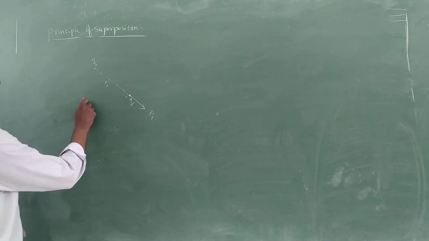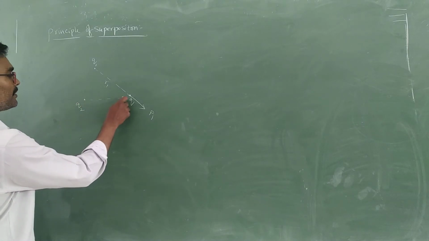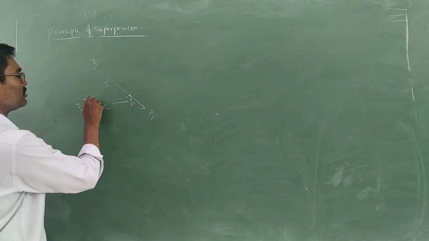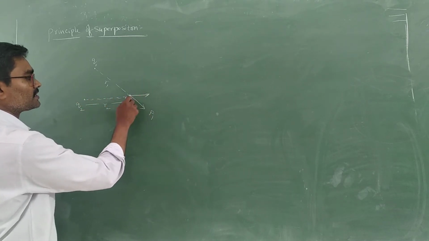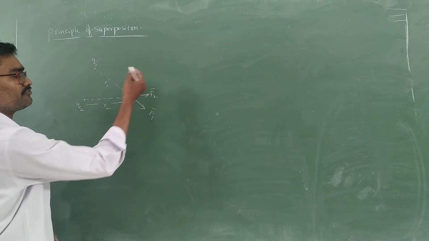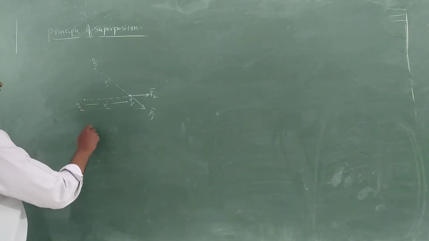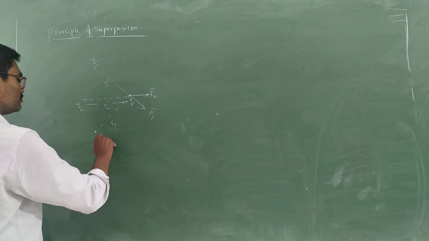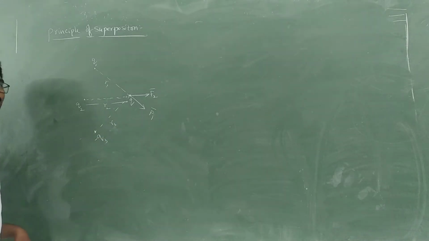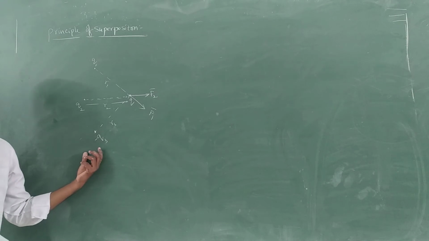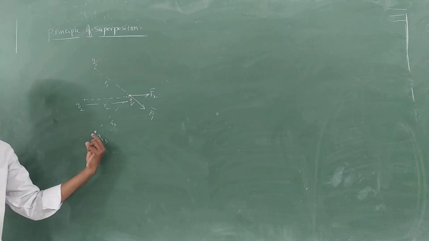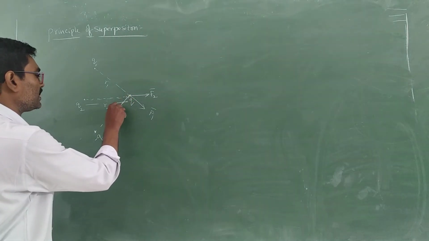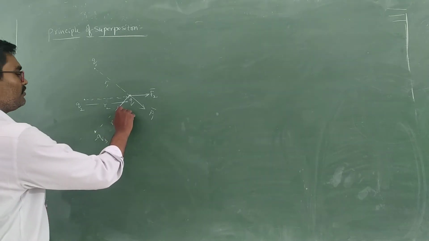See here, if I take another charge Q2, which is at a separation r2, then what is the direction of this force? It will be along the line joining them. The direction is F2 bar. This is F1 bar and F2 bar, right? Similarly, if I take another charge at a separation r3, which is minus Q3, its magnitude is Q3 but its nature is a negative sign. This is a positive charge and this is a negative charge, so what will happen? It attracts. So this is the direction of force F3 bar.